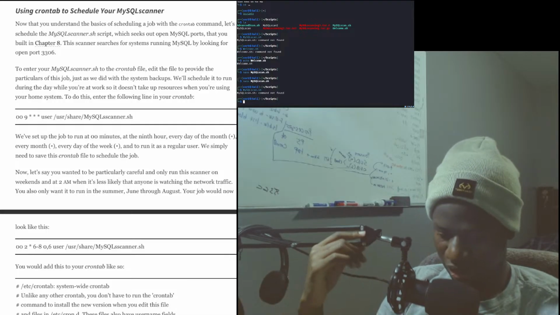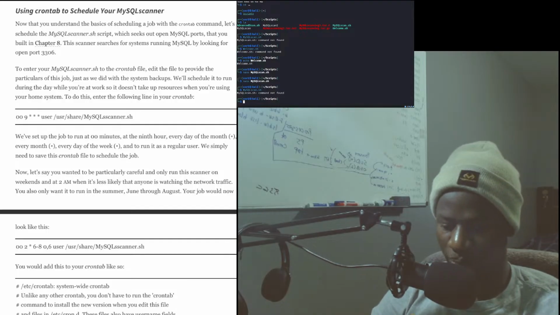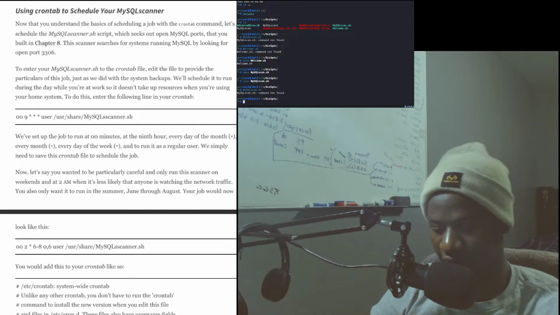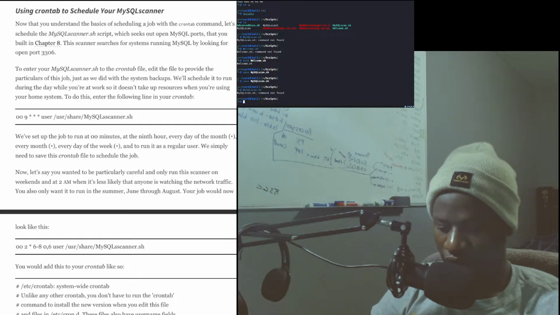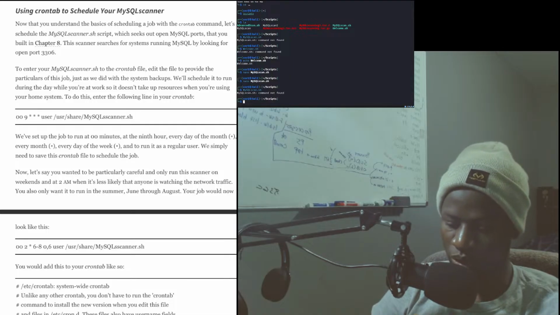Okay. All right. So let's schedule the MySQL scan script, which scans open MySQL ports. You can add it to the crontab file. Edit the file to provide the particulars of this job, just as we did with the system backup. We'll schedule it to run during the day while you are at work, so it doesn't take up resources when you're using your home system.